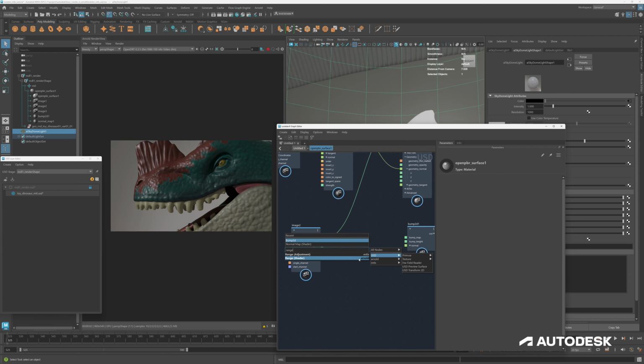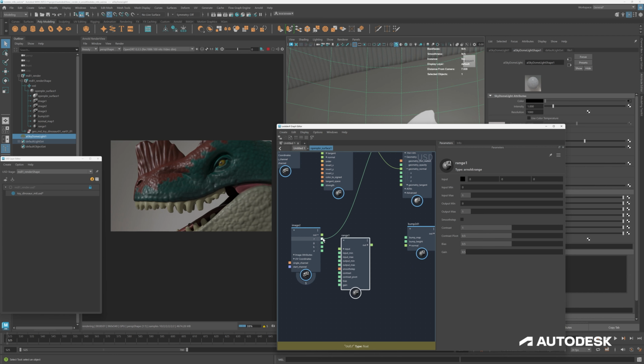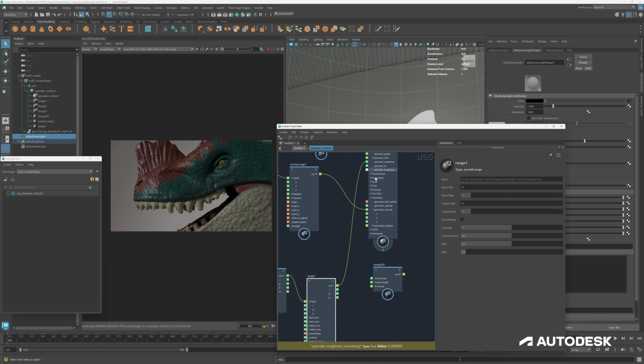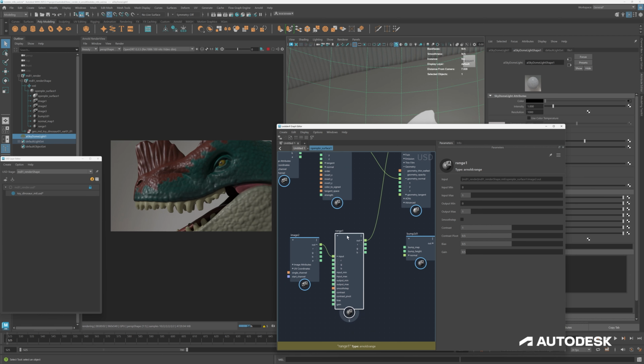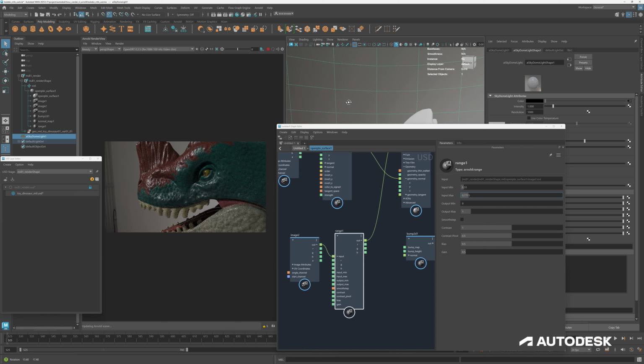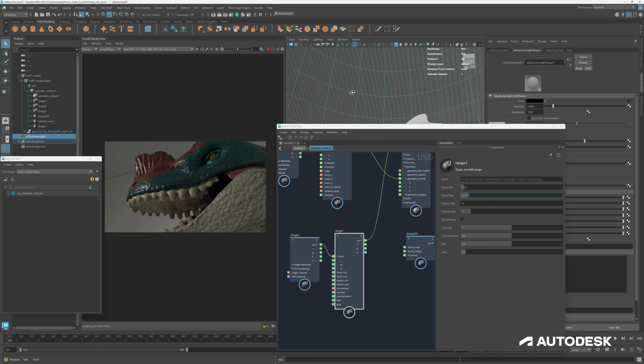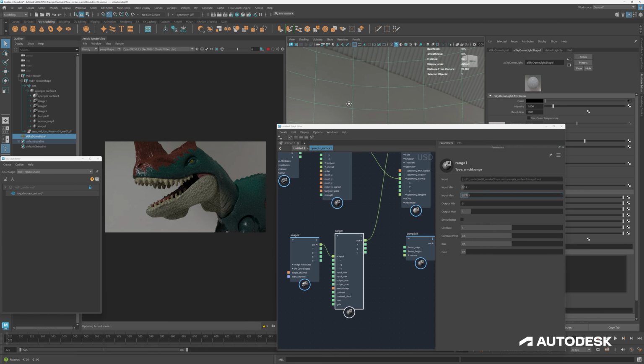We can also, as usual, control the roughness maps using a range. That is also from the Arnold context like that. And we can just drop that in here like that. Let's see, hook it up again. And then let's connect that. So now we have the roughness connected. We can now control essentially how much we want it to be reflective or rough looking. So at the moment, the valleys are rough, the peaks are reflective,